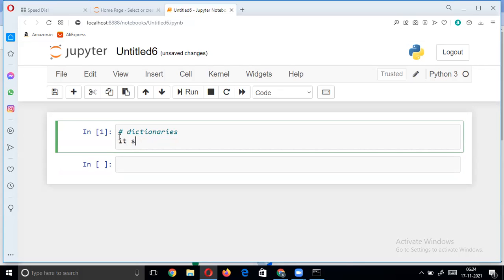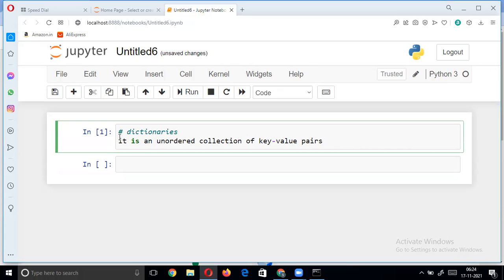It is an unordered collection of key value pairs.